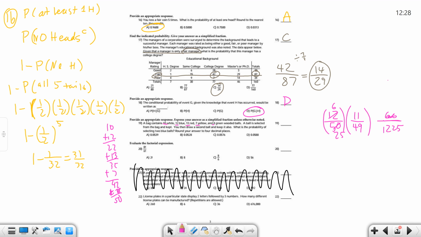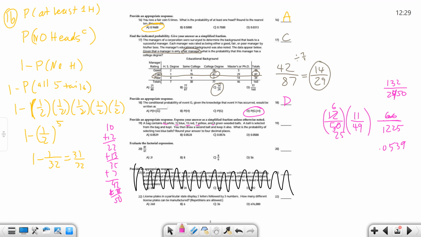Or if you didn't take the 2 out, you would have gotten 132 over 2550, I think. Let me just do that. 12 times 11 is 132, and 50 times 49 is 2450. I did that wrong. Okay, 2450. So then if I divide 132 divided by 2450, I get